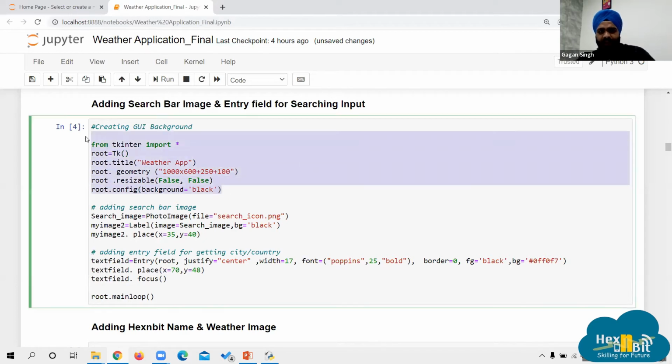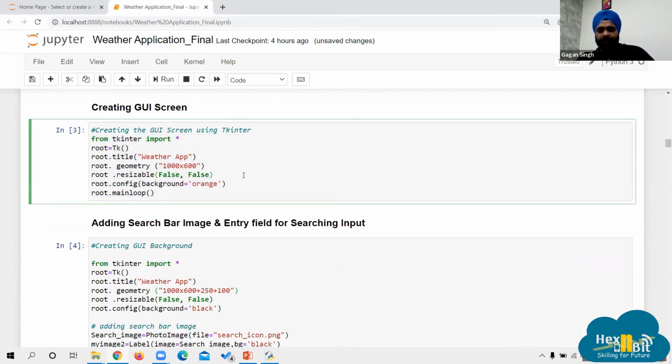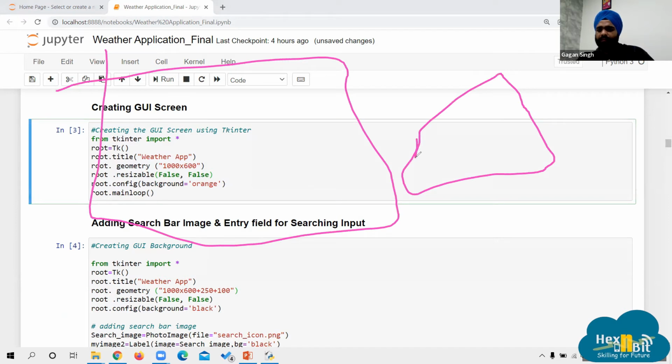So this much is for creating the screen. Now here you may see one more thing, that is plus 250 plus 100. This is basically a coordinate that I am writing, which shifts the screen when it is created. In the previous example, when I was running it, it was getting created randomly, sometimes here, sometimes there.